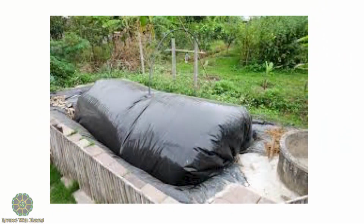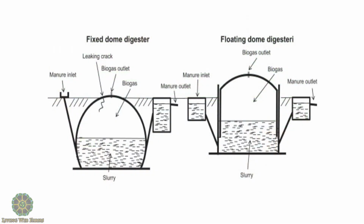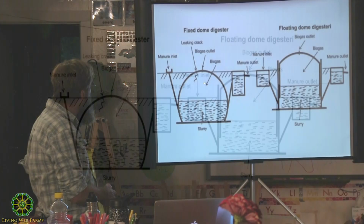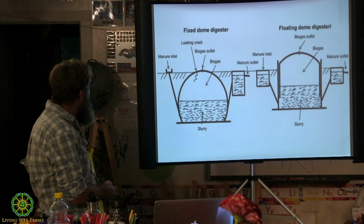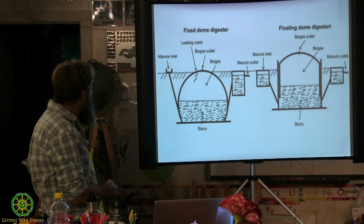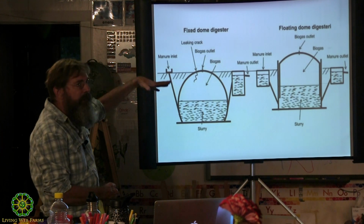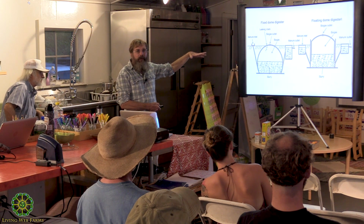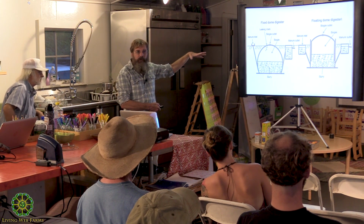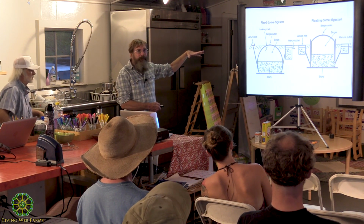Another version, same thing, homemade. And there's just an example, fixed dome versus floating dome. This one's cemented, and the pressure is regulated in the outlet pipe, and this is the floating dome, and the pressure is regulated by the weight of the dome itself, and you can adjust that with either springs or additional weights, or by making it light enough in